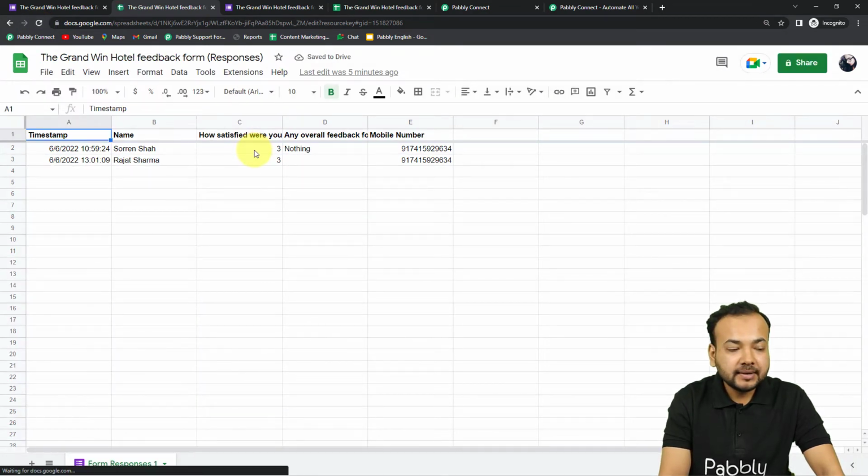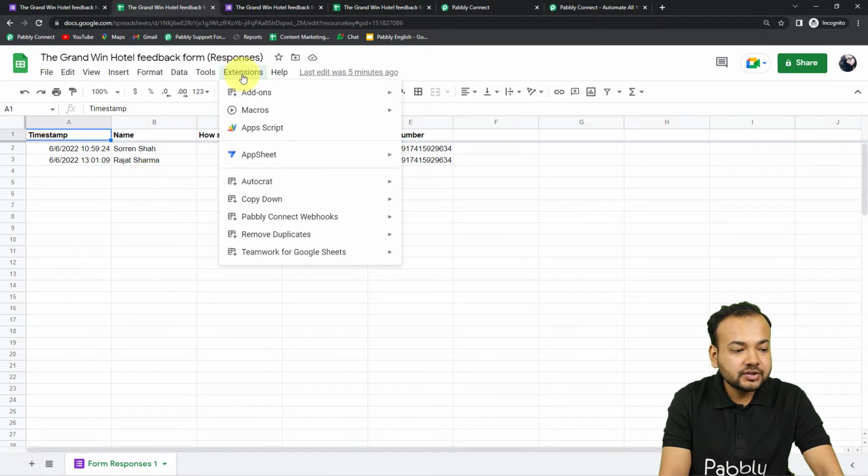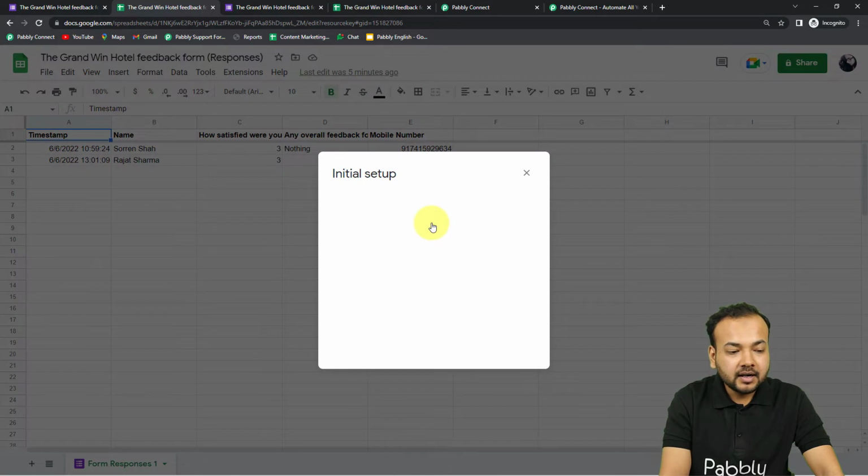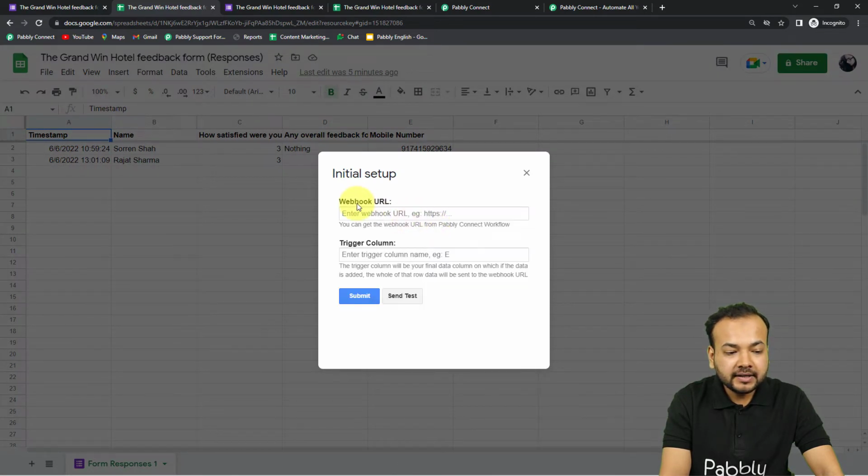After installing Pabbly Connect Webhooks add-on, refresh the spreadsheet, and after that, when you click on extensions, you will find this Pabbly Connect Webhooks option in the drop down only. And from here, you have to click on this initial setup option. Alright, and under the initial setup option, you will find these two fields, the webhook URL field and the trigger